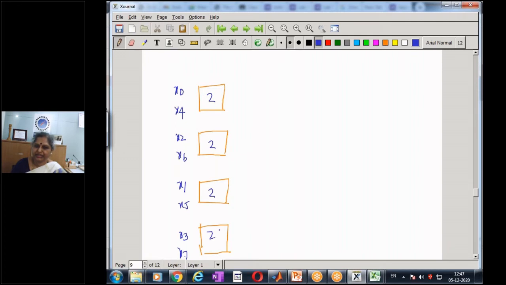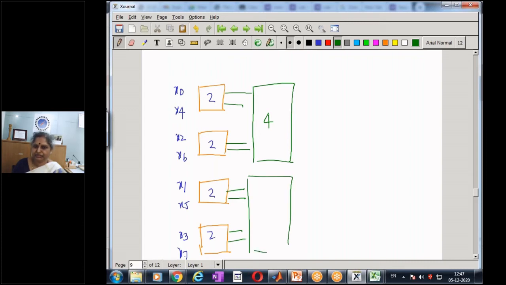And once I compute the 2-point DFT, we know how to combine them. We have just now seen this can be combined. These outputs can then be combined, and then I get a 4-point DFT. And similarly, these can be combined, and then I get another 4-point DFT. So this is going to give me my X even of k, and this is going to give me my X odd of k. And these 4-point DFTs can now be combined using that equation that we have just now seen.